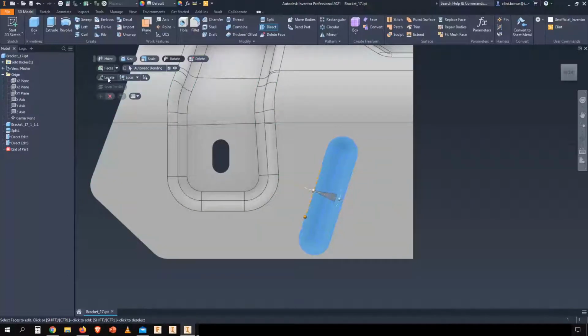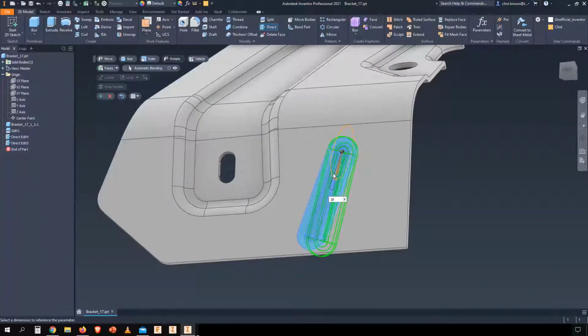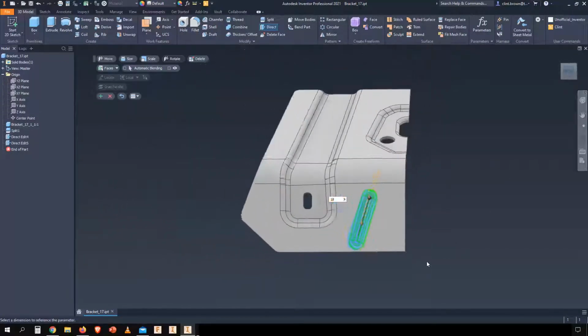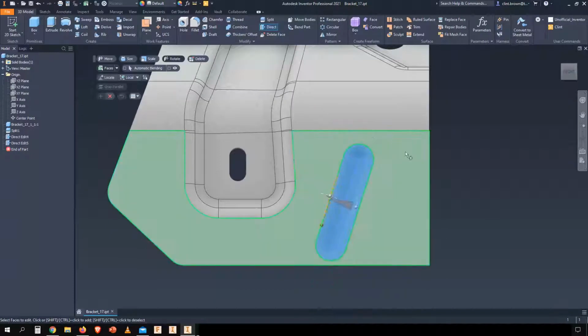We then need to locate this, so we're going to choose a location point, and an easy trap to fall into is to just go and drag this straight away, and you might start seeing that your previews don't match up. This is because I haven't understood the tools in front of me. If we have a quick look at this model from a bit of an angle, you'll see that I'm not going on the same plane as the feature. So really simple to fix. All we've got to do is go in and choose those faces again,